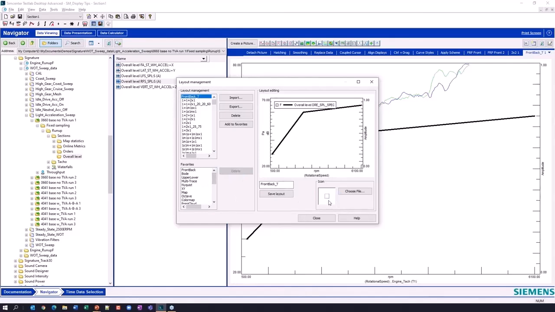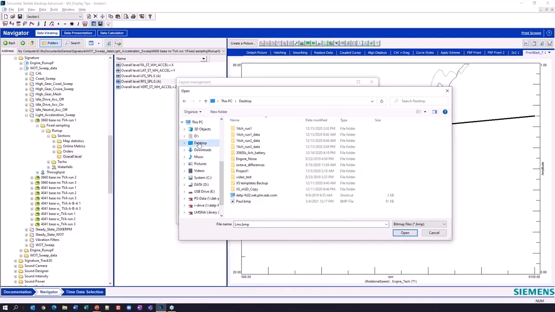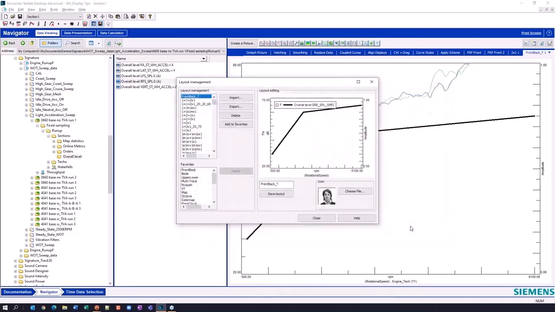I can also add an icon and have it appear in my favorites list here. So I'm going to say choose a file, and this default directory is where all of these Test Lab default bitmaps are. In this case, I have one right on my desktop I want to use, and it's Paul McCartney. So I can use any bitmap I want, and I can save that guy. I'll save it. I want to overwrite it, and I want to add it to my favorites.